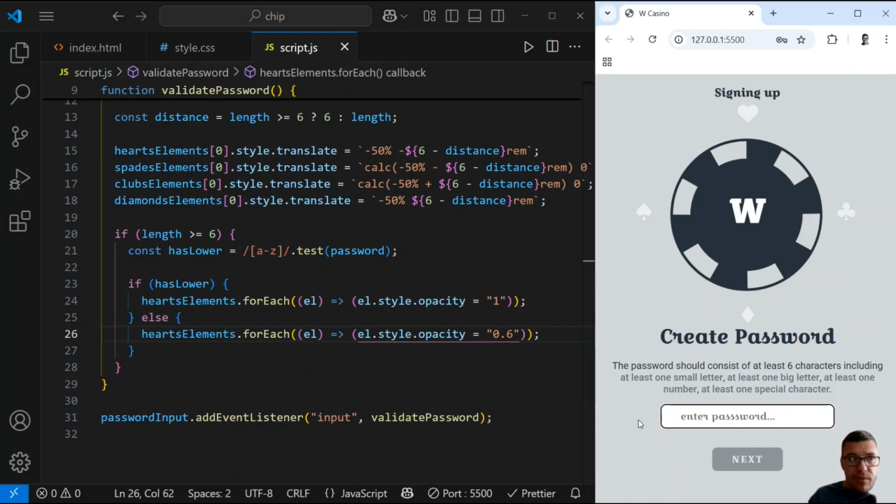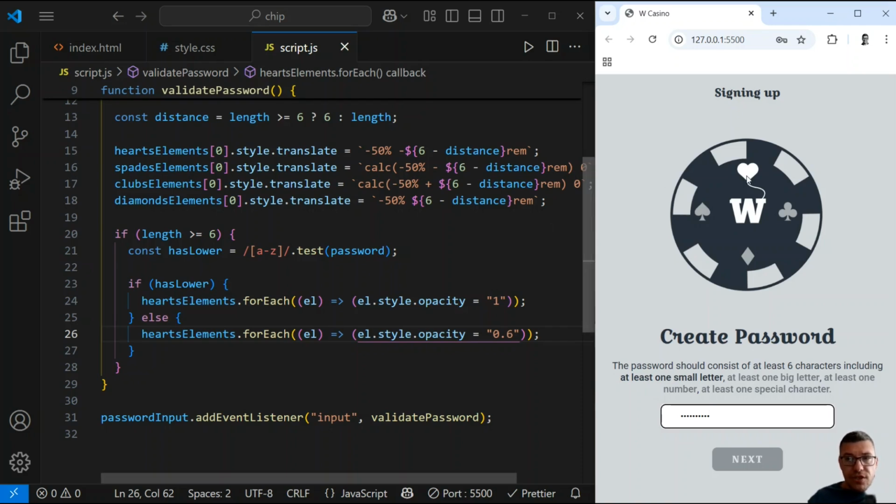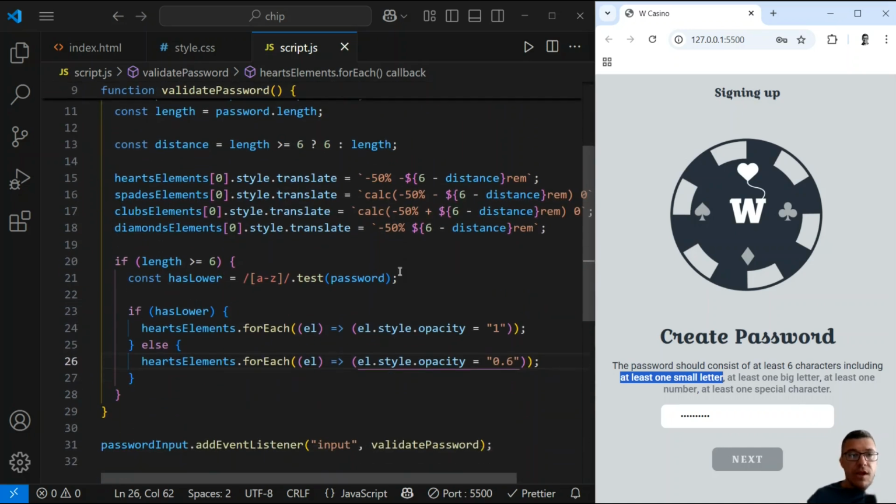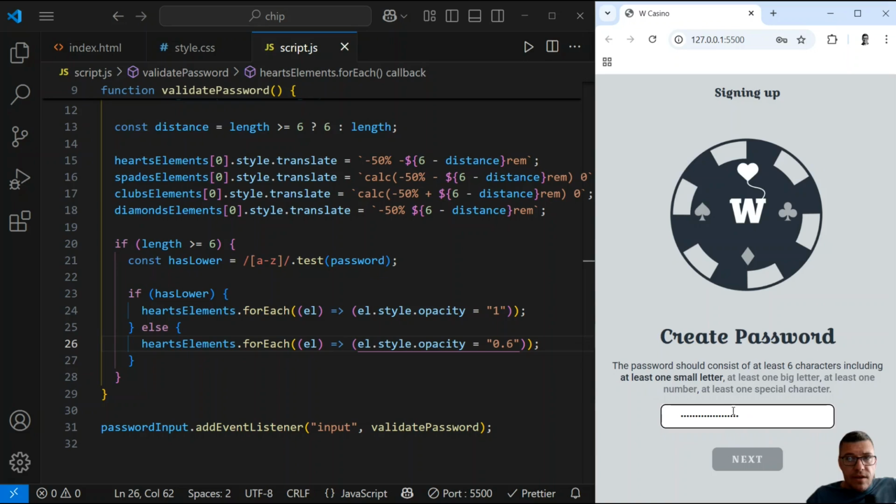I will start typing my password, and as you can see, when I get to my 6 characters, of course using small letters, my condition is met, and my heart has full opacity. It's connected with the line, and also here I got full opacity. So all of the heart elements, the elements that have the heart's data symbol, have full opacity. If I start deleting, as you can see, the opacity gets back to 0.6, but I need to make sure that this line disappears,